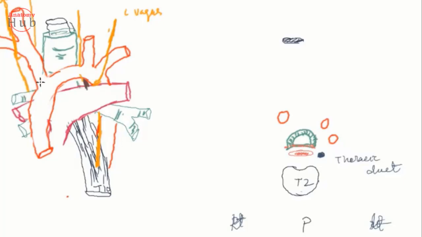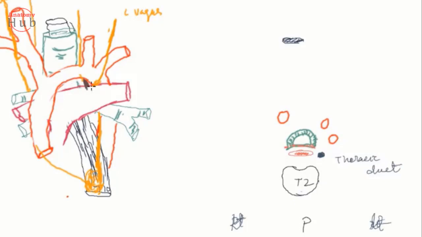trachea, then bronchus. Then it will go behind this right pulmonary trunk, behind this atrium. Then it is going downward. Then it will appear again here at the esophagus, right? And at this esophagus, it makes the plexus. And that plexus is your esophageal plexus.